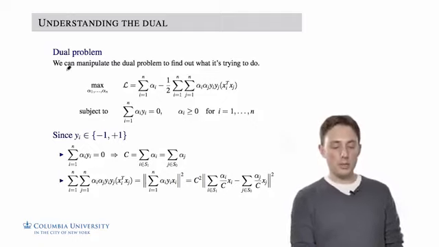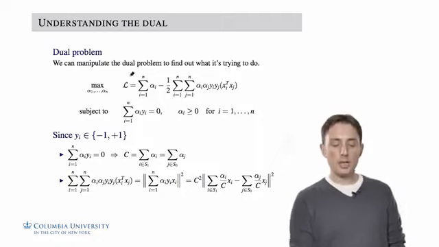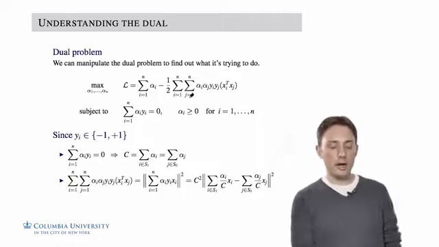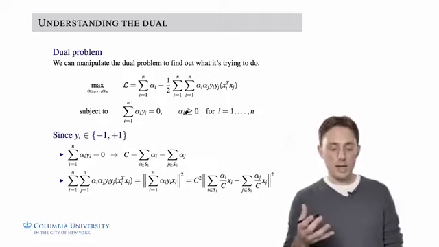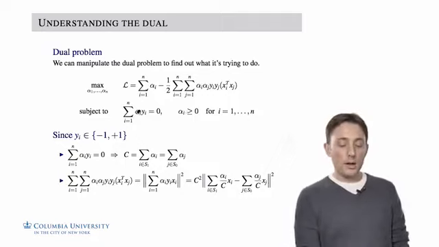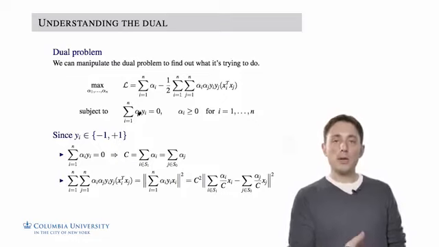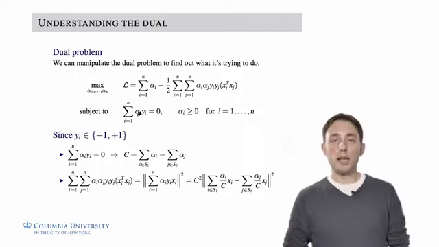All right, so let's look at the dual problem again. This is what I had written previously. We want to maximize this objective function over alpha 1 to alpha n, with the constraints that each alpha has to be greater than or equal to 0. And again, the sum of the alphas in class 1 minus the sum of the alphas for data corresponding to class minus 1